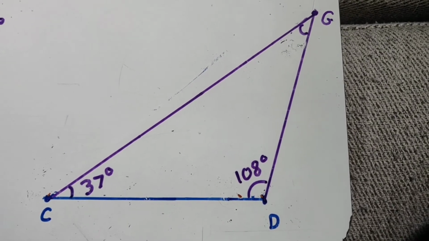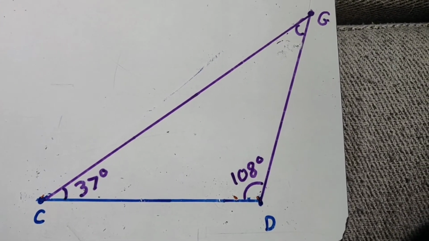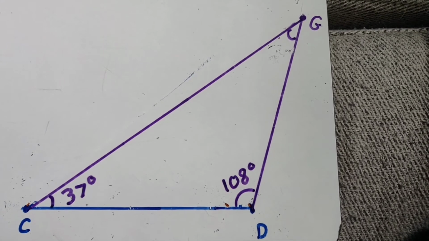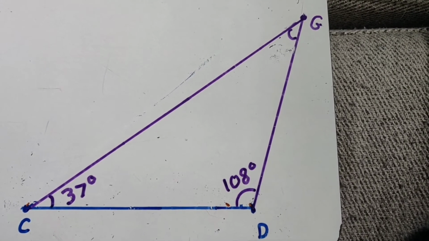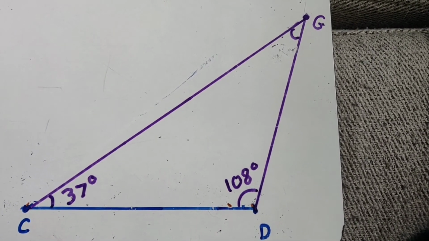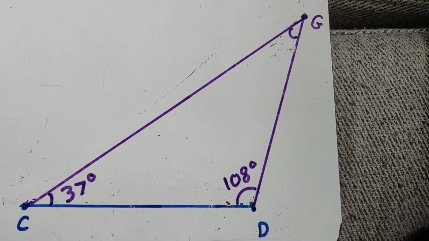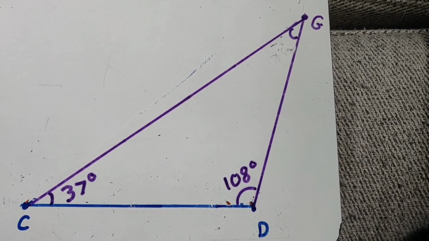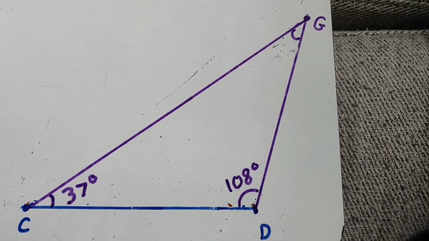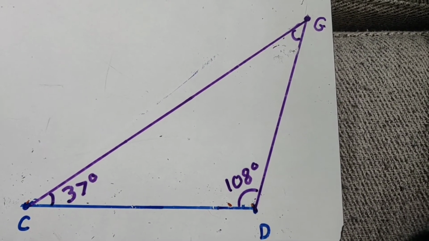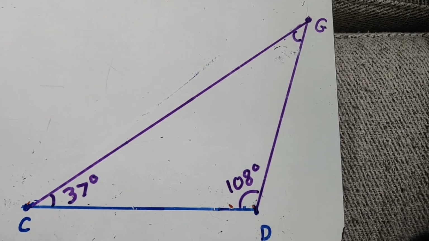There, poof like magic, the 35 degrees is gone. Would we still be able to figure out, without using a protractor and without measuring it, what the measurement for angle CGD was? And the answer is yes, because we know that all three angles in the triangle have to